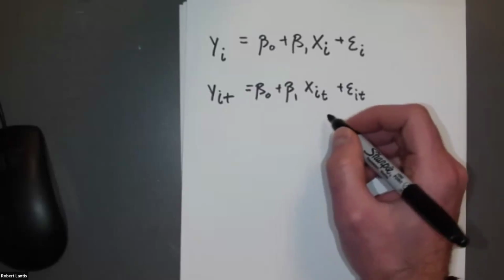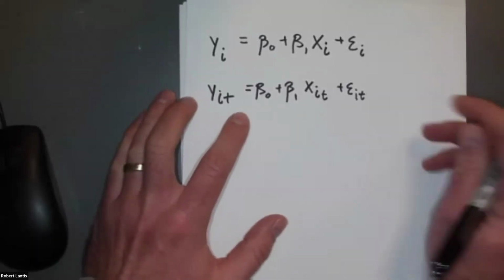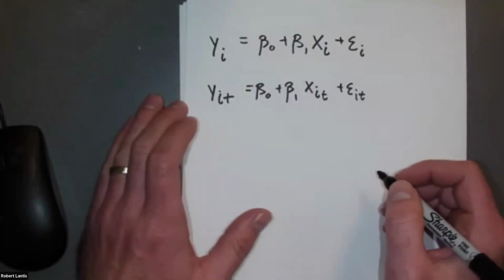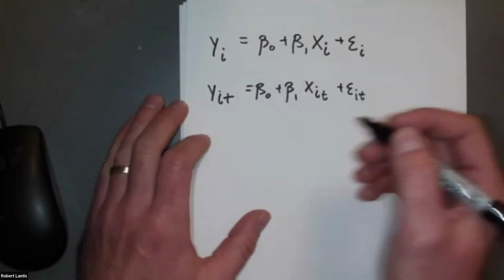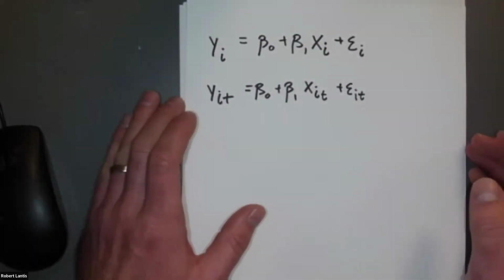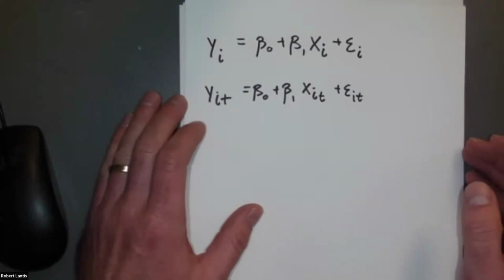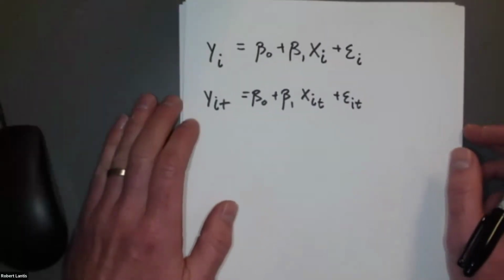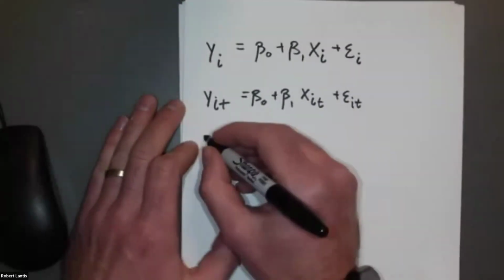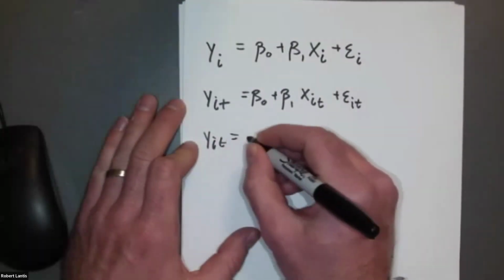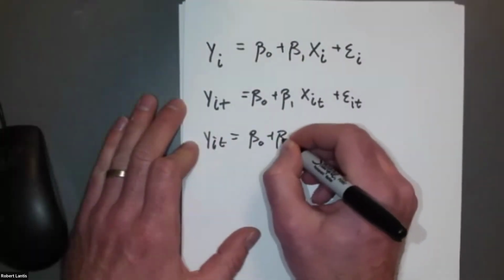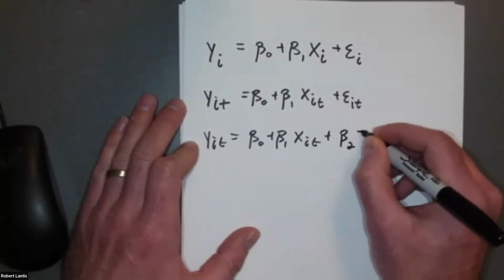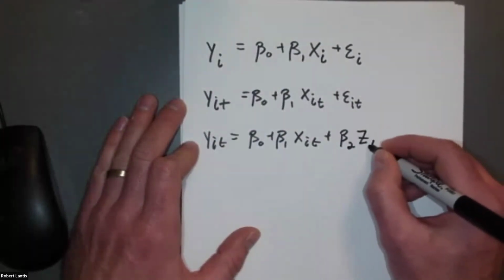So we now might have these factors that, yeah, maybe my class size and test scores vary from year to year, but the underlying students' IQ, that may not change, or the family income of that student is consistent across those time periods, or the school that they're in is consistent across those time periods. So what we're then going to do is say, well, we want to control for all these things that we would call our,